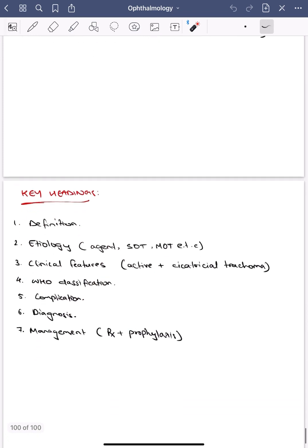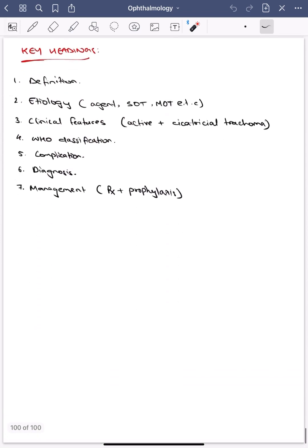Okay, so this concludes our discussion on trachoma, and we've discussed the important headings. The definition, that trachoma is a chronic keratoconjunctivitis. The etiology, the agent is Chlamydia trachomatis biovar trachoma. Source of infection is the conjunctival discharge of the affected person, and the various modes of transmission we've discussed. The clinical features we divided as active and cicatricial trachoma. The active trachoma involves the symptoms, the symptoms of pure trachoma, and the exaggeration of the symptoms for trachoma along with